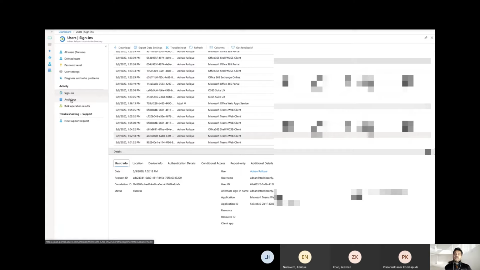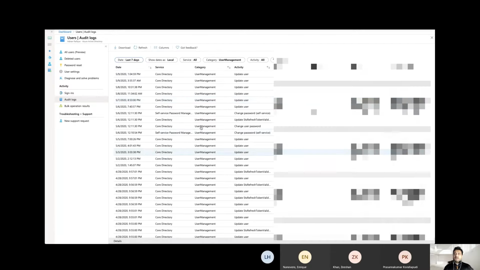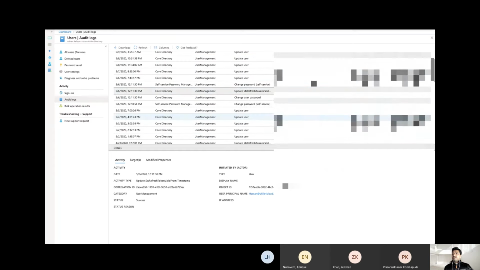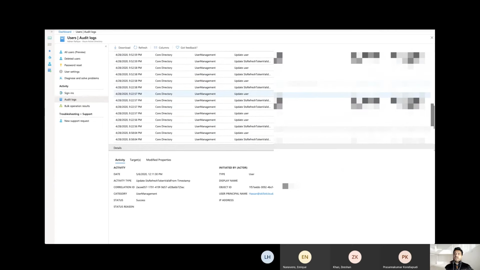And one more thing here is audit logs. Let me show you that. So the audit log is basically, my tenant right now is cloud only. It's not having any hybrid, but that's the audit log which tells you when I changed my password. STS token, if you're technical enough, you would know these tokens have a validity, and that's how it works in the cloud, all token based. And if I create new users and anything and everything, it will just update here. But if you're in a hybrid environment, it will also show you some additional data around that.